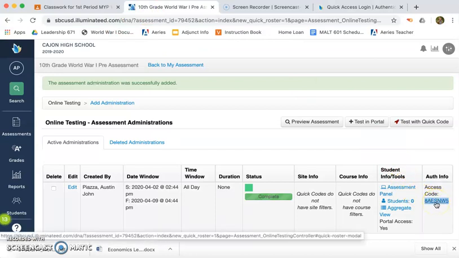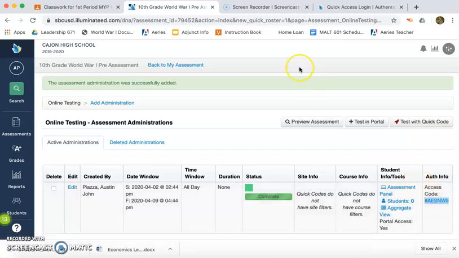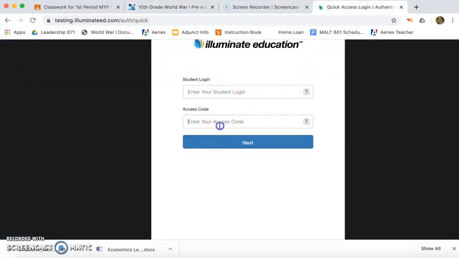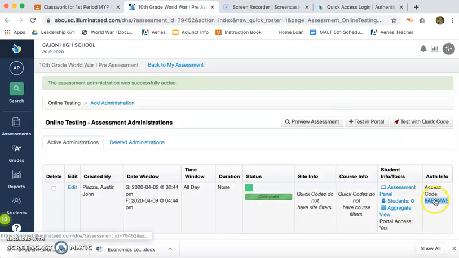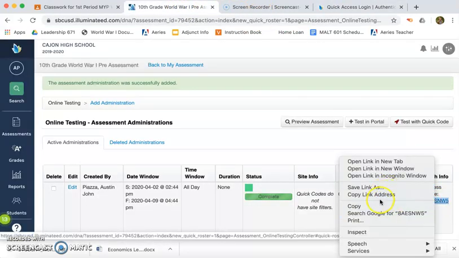Again, you don't need to create a new access code for every single one of your course alikes. Illuminate will automatically sort them for you, so you just have to have that one access code. Once you have that one access code, the students would put that access code in the field here. Just to go back so I can make sure to copy this, I would go back and copy the